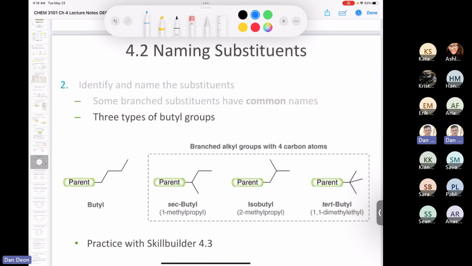I'm always happy to answer any question you have about this kind of stuff because it's challenging. Okay, so when we have a butyl group, there's going to be 4 possibilities. Why? We've got more atoms, so there's more ways to arrange them, right? If you look at the formula of a butyl, which is CH2, CH2, CH2, CH3, like that, the formula is C4H9.